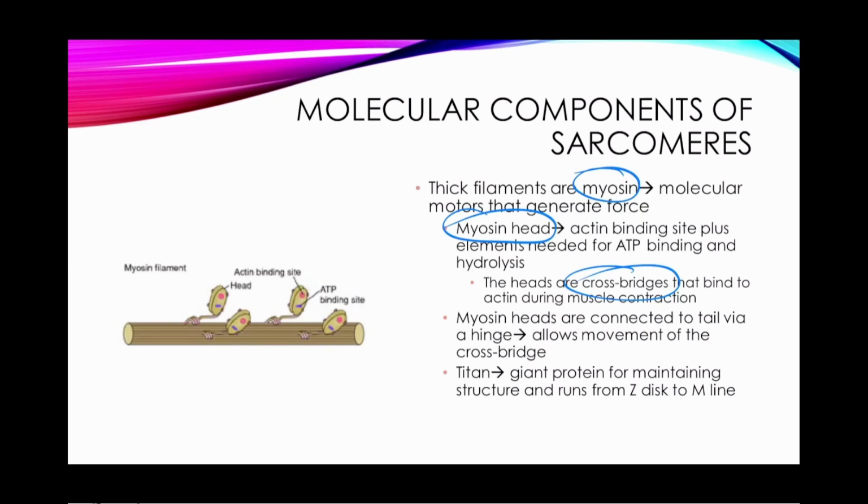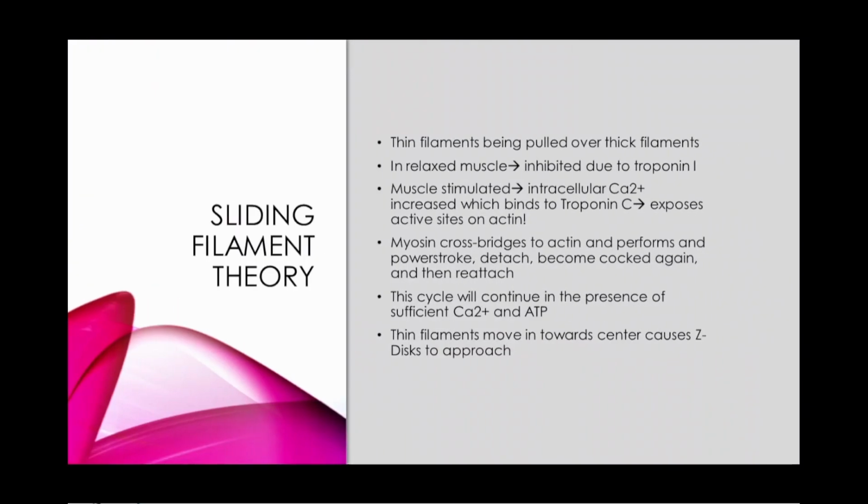Myosin heads are connected via a tail, a little tail right there, and that allows them to bind to the thick myosin protein, that titin protein they call it, and that allows the structure for the force to occur. So what happens, the thin filaments are being pulled over the thick filaments. So as an example, if this arm is the myosin, this is the titin protein, here's the little tail, here's the myosin head, here's the thin filament. All it does, the myosin head grabs the actin and the wrist moves. That's the force, that's all it is. And then once we get to this part,